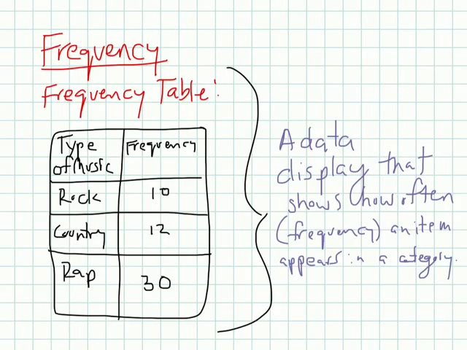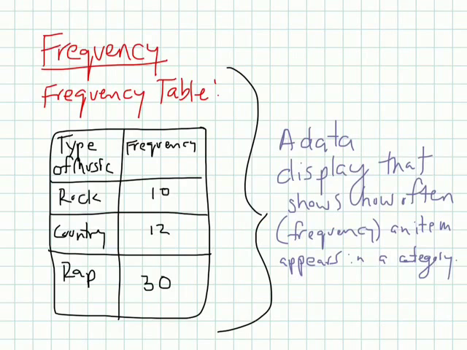Alright, welcome to Geometry 9-2. In this section, we're looking at probability distributions and frequency tables. Before we go on, we just want to look at what a frequency table is, in case you've never seen one before. A frequency table is a data display that shows how often, or the frequency, an item